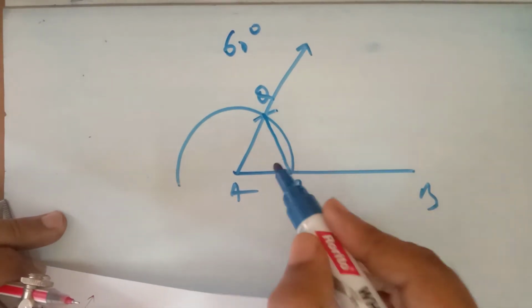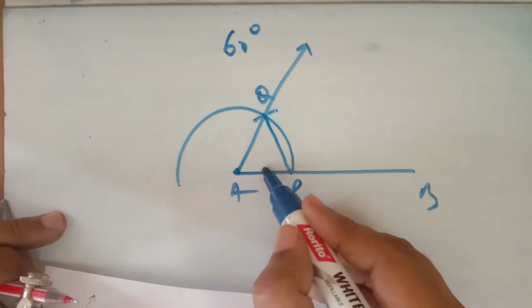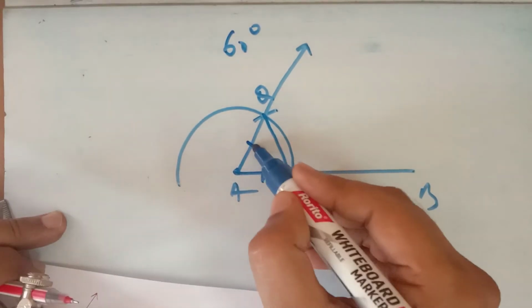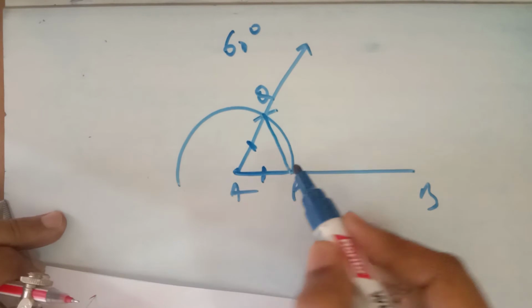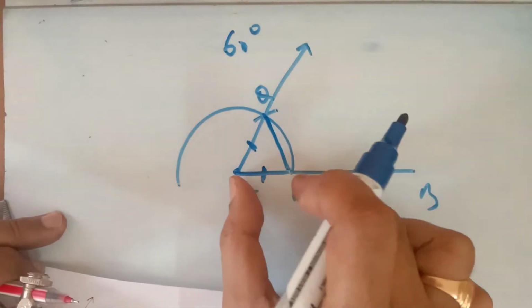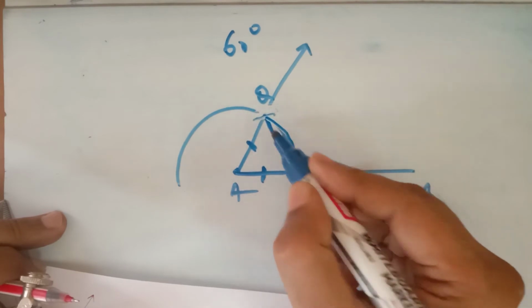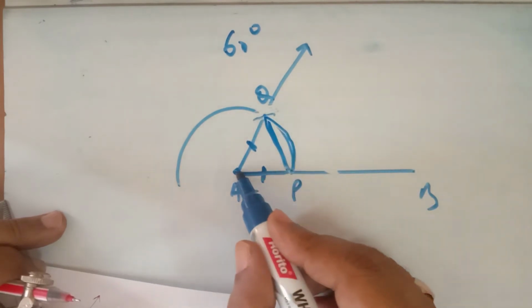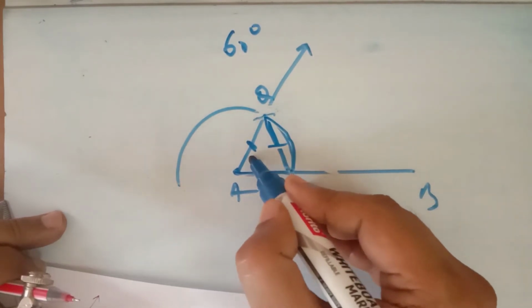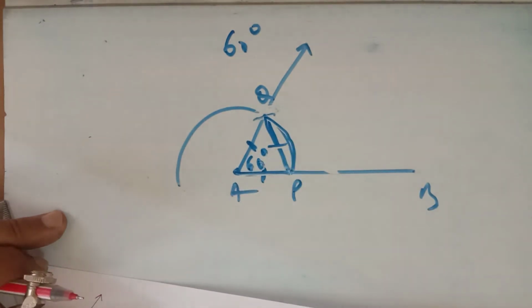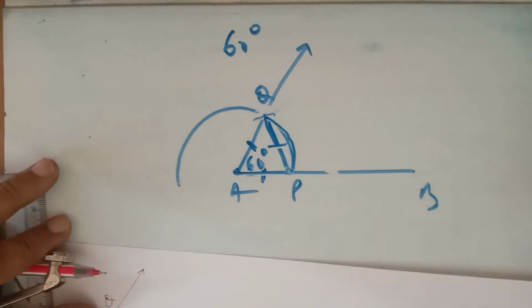Why is it an equilateral triangle? Because this is a semicircle, this is the radius, this is also a radius, and the distance of this and this is also equal because you have taken this radius and marked with the same radius. So this arc will make the same length as AB. So it is an equilateral triangle and each angle of an equilateral triangle is equal to 60 degree. So this is a 60-degree angle.